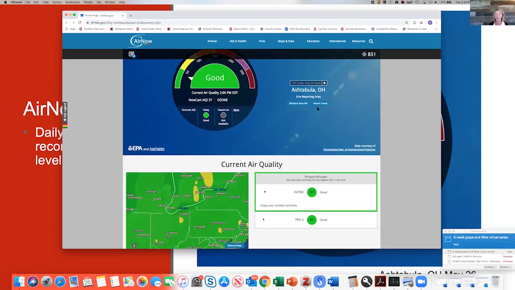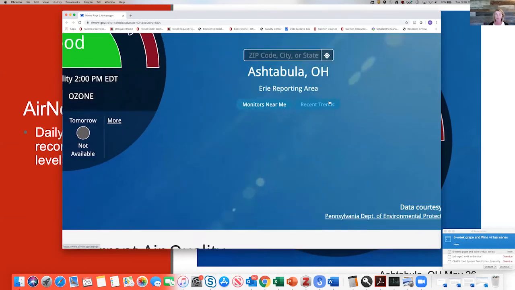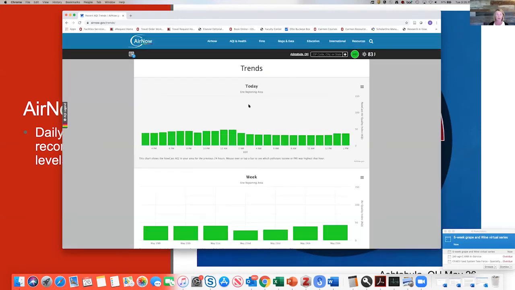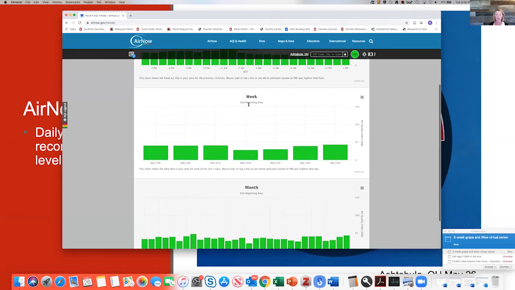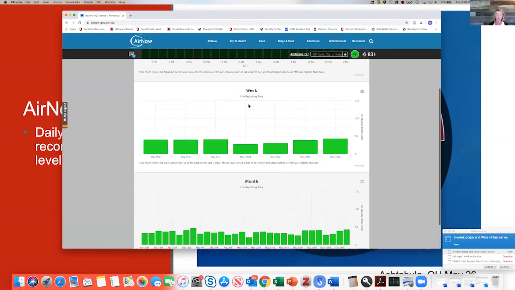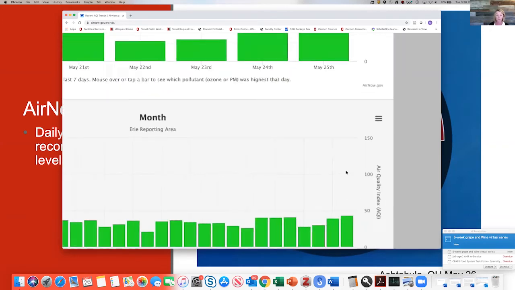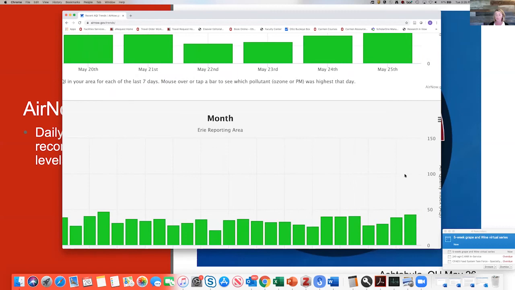What you can do then is you can go up to this little tab here. I'll zoom in. Can you see it here? Called Recent Trends. And if you click on the recent trends, it brings up a daily forecast. It brings up what the forecast over the last week was, and then it brings up the forecast for the last month. So if you see anything up above, I'll zoom in here. If you see anything above this 100 line, then that means there is a high risk for ozone, and you may see damage in your